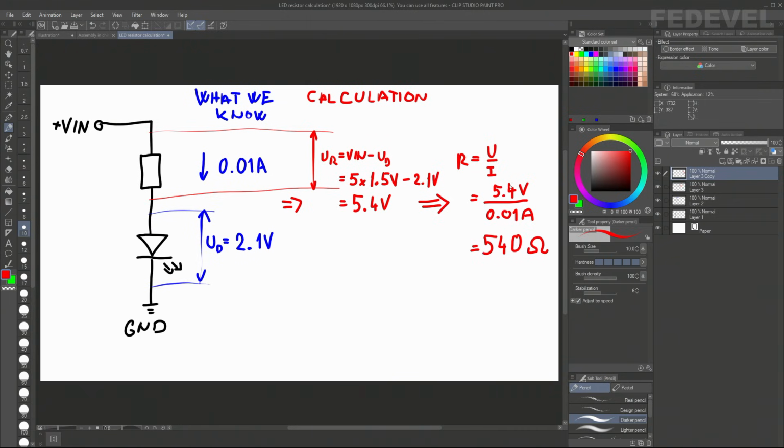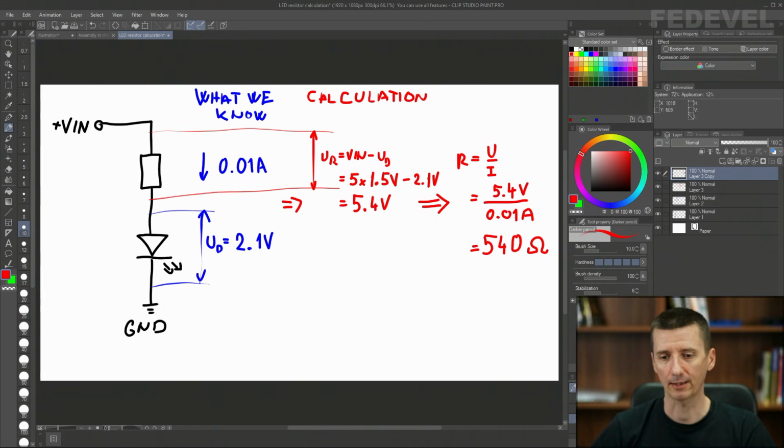So in our case, it would be 5.4 volt divided by 0.01 amp, and our minimum resistor which we can use together with our diode is 540 ohms. So this is the super simple way how you can approximately calculate what is the minimum value of the resistor which you need to connect together with an LED.